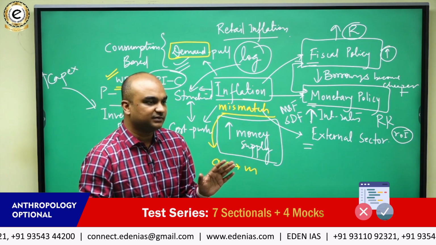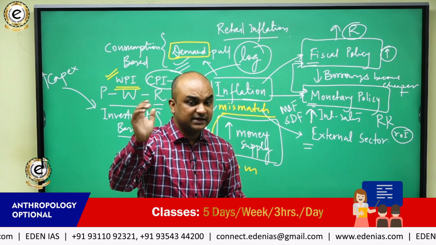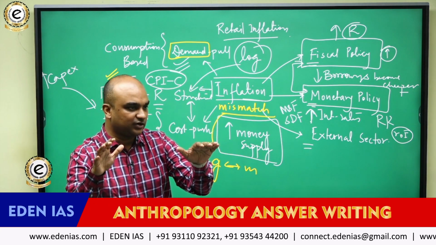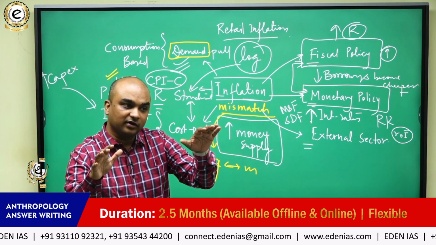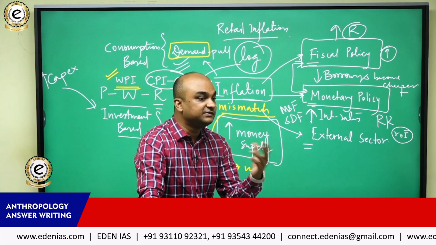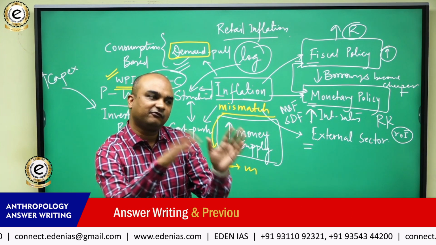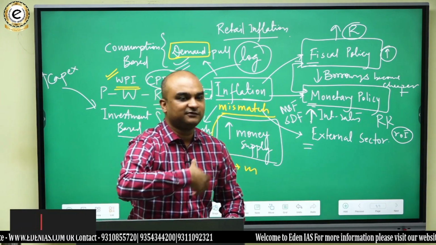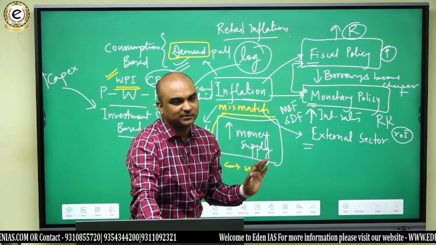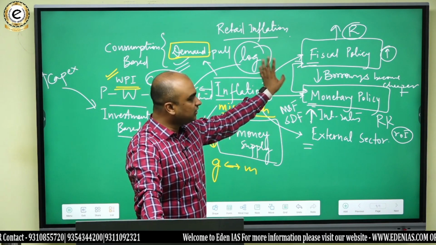So generally what happens is we push growth, and that also pushes inflation up. But when inflation becomes intolerable, we try to attack inflation. That slows down the economy. But again, we can only tolerate a bit of slowdown. If it slows down drastically, that would cause deflation, and that may also cause a lot of job losses, unemployment. That's why we shift our focus back from inflation towards growth, and we try to push growth again, and then inflation again rises. So it's a kind of seesaw which goes on between the monetary policy and the fiscal policy. Do you understand that? So that's the impact of inflation on fiscal policy.